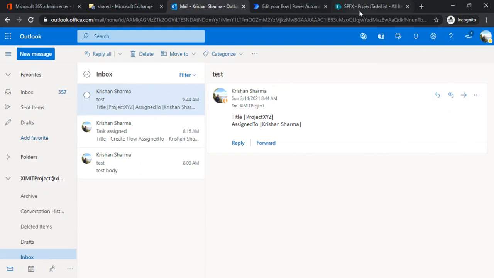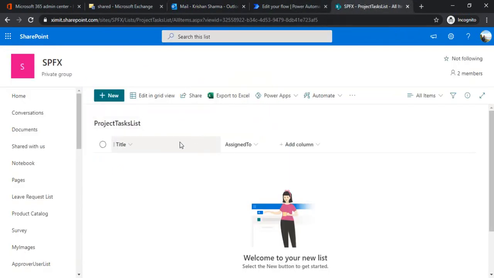This is my shared mailbox, and this is my SharePoint list where I would be storing the data after interpreting the body. So for the demo, I've just created 2 columns, and you can have more based on your requirements. I'll be creating items related to a task, which is the task title and the assigned to person.